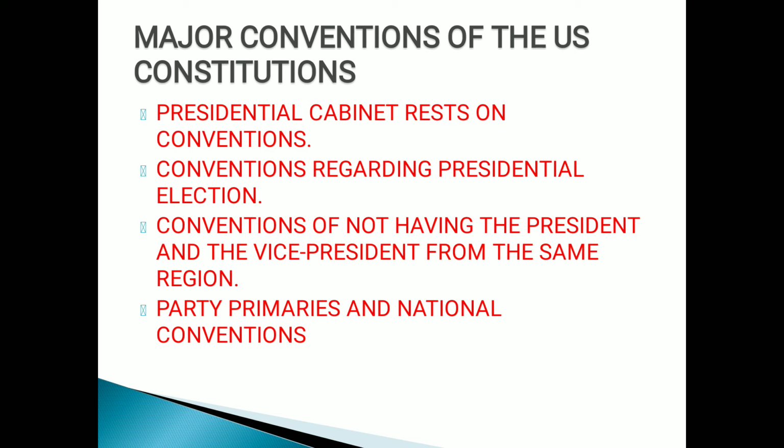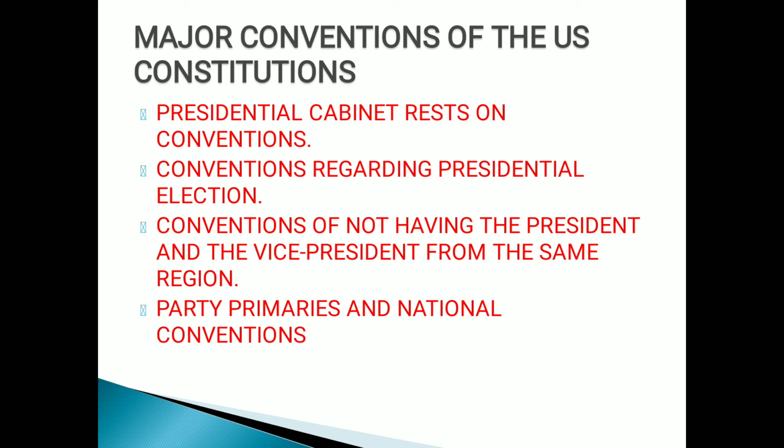The party whose candidates secure a majority of the seats in the presidential electoral college ensures the election of its candidates for the offices of the president and the vice president. Thus, the convention of holding elections for the presidential electoral college on party lines has made the presidential election a direct election in practice. Next, the convention of not having the president and the vice president from the same region or